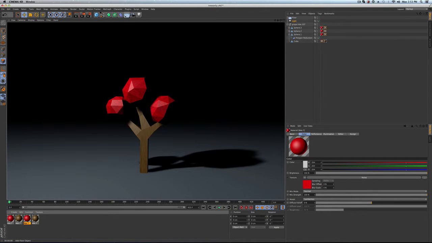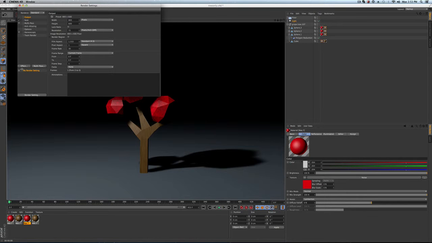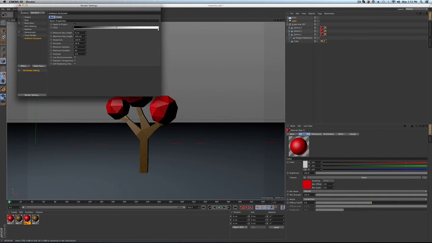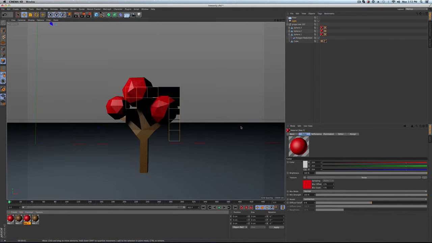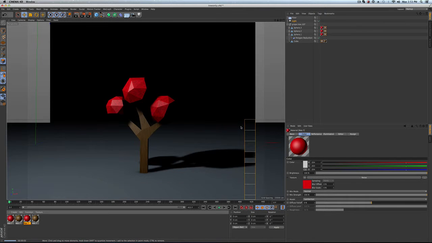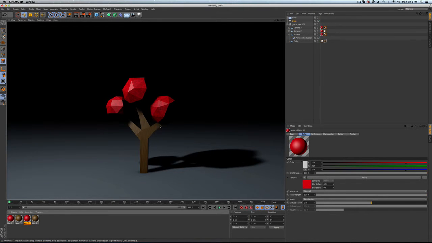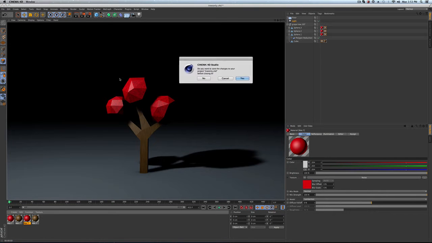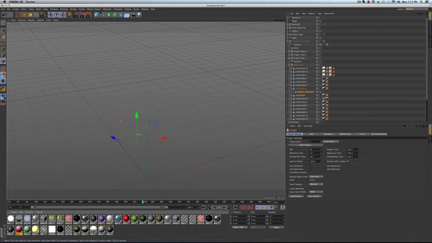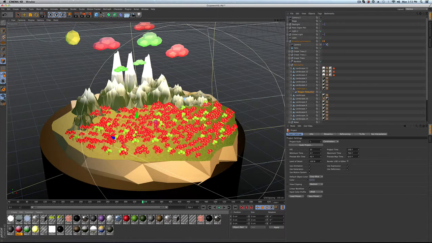The last thing I'll say is in your render settings, it helps to throw on an ambient occlusion and give yourself some extra cool lighting effects that you'll start to see shadowing and a little more shadowing down at the base. So that's really the quick overview on how to create the trees that you saw in the scene right here. Okay, so that's what makes up this whole